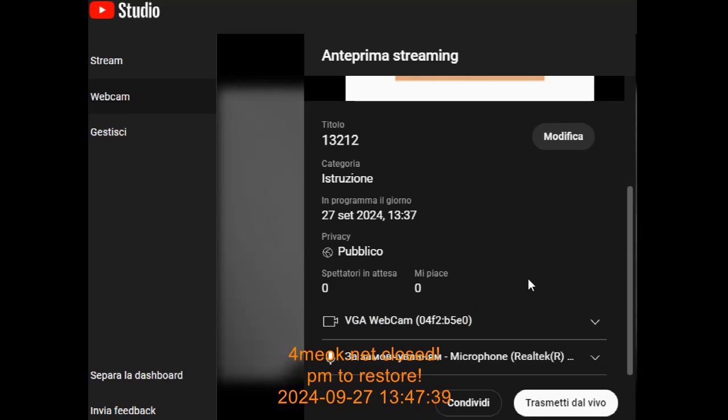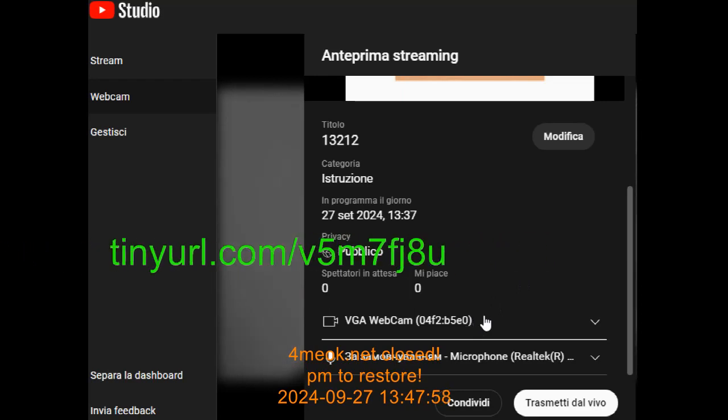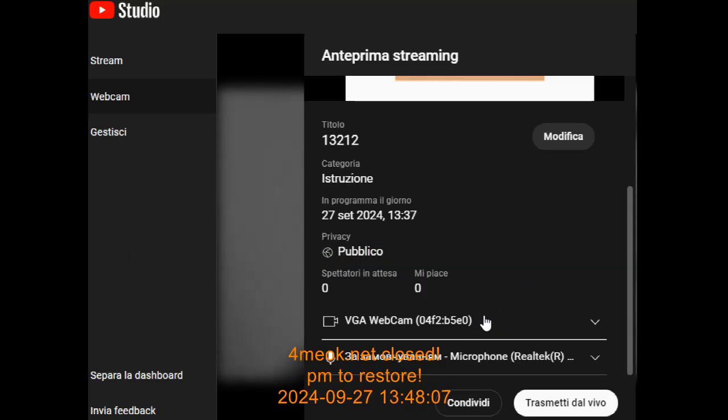extracted from Allosoft downloader and elaborated, and you can use this plugin for any browser, even a very old browser, to stream to YouTube or any other streaming platform, which enables you to stream from your desktop directly without switching on your VGA webcam. So this is a menu where, at the last step, when you click to start streaming,